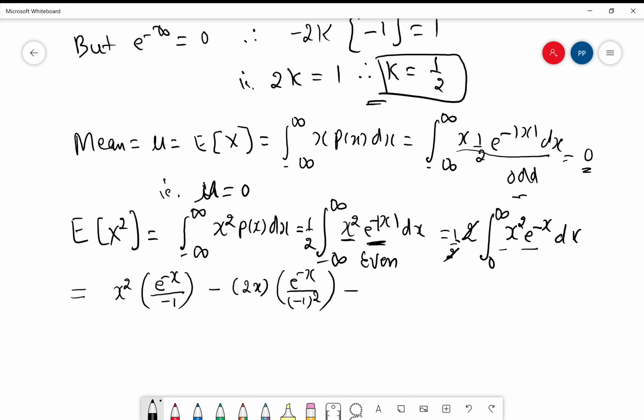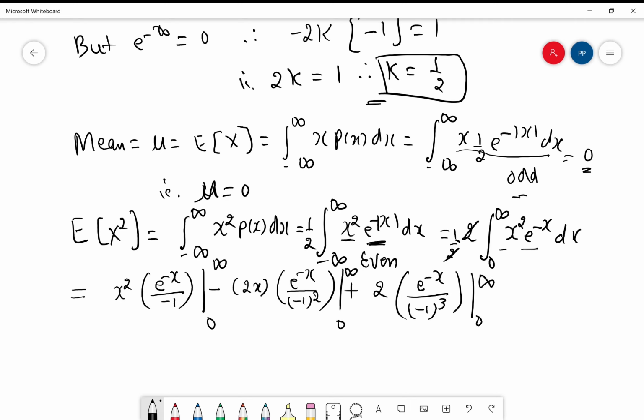Next term is plus derivative of 2x. That becomes 2. And integral of e power minus x by minus 1 whole square, that is e power minus x by minus 1 whole cube. Okay. Now, we have to take the limits. So, we can easily show that